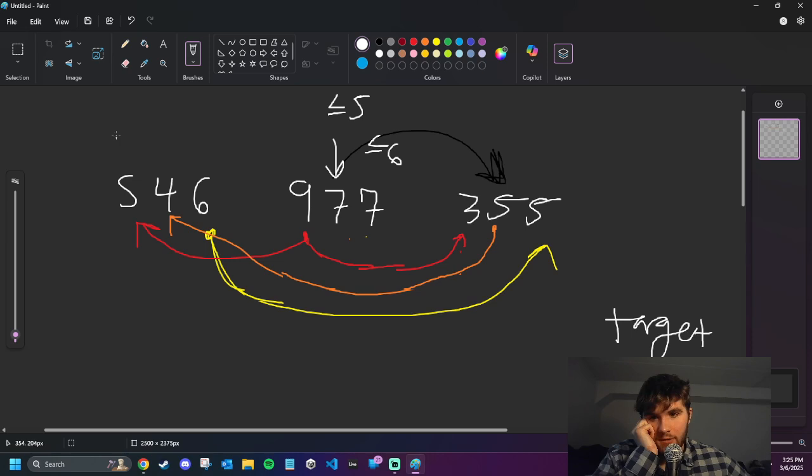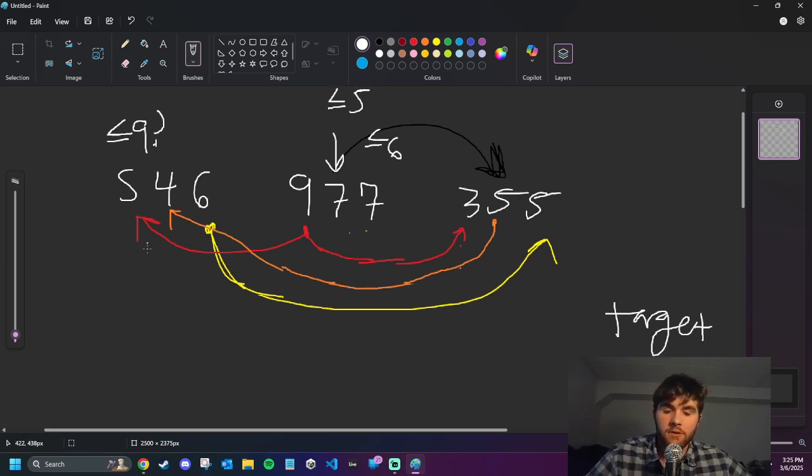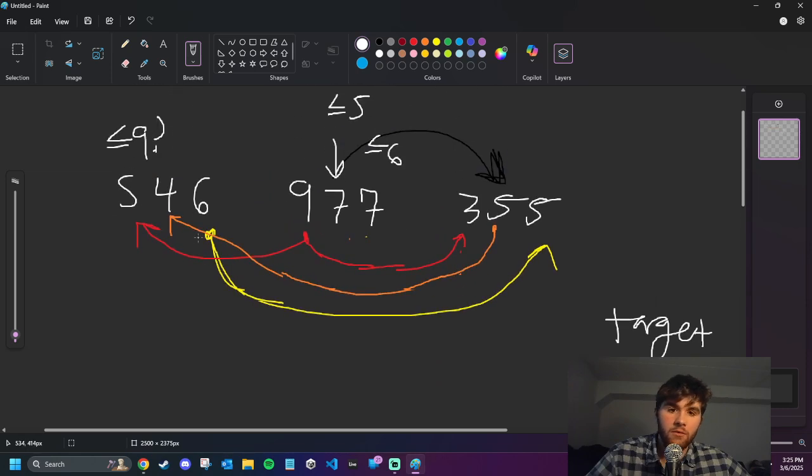Does this number have to be less than 9? Okay, and there's another tricky aspect to it too, because what if